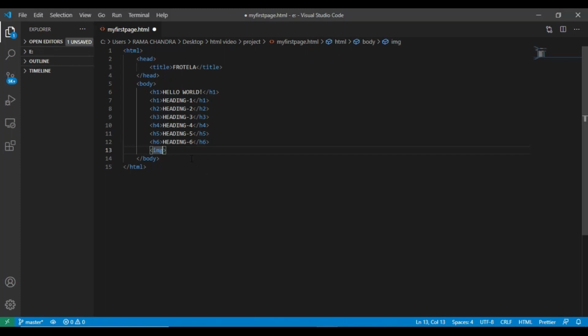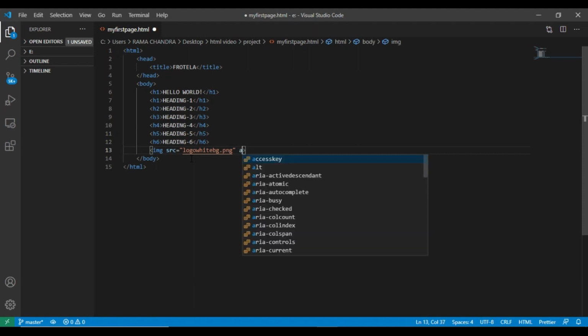Now in the image tag, let me give the source path. Here the source path is denoted with src, and let me add the path of the logo, and let me give the alternative text.